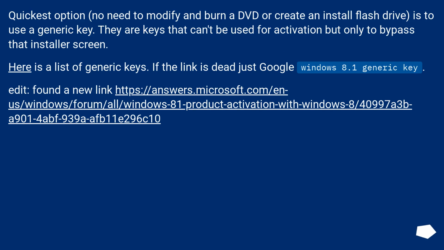Quickest option, with no need to modify and burn a DVD or create an install flash drive, is to use a generic key. They are keys that can't be used for activation, but only to bypass that installer screen. Here is a list of generic keys. If the link is dead, just Google Windows 8.1 generic key. Edit: found a new link. This URL